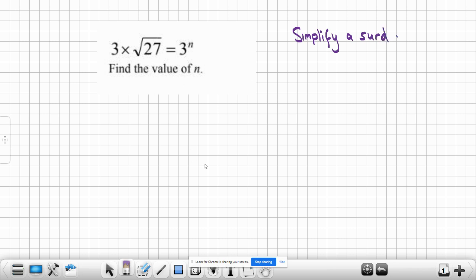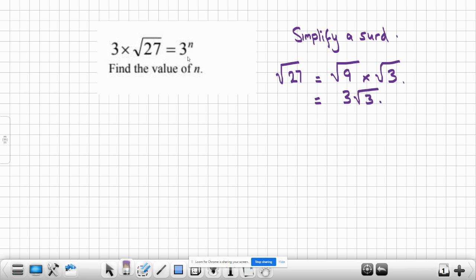27 is not a square number. So what we need to do is think, does it have a factor that is a square number? And yes, it does, because we could write root 27 as root 9 times root 3. Root 9 times root 3 would give us root 27. And of course, because 9 is a square number, we can then solve that to just make 3. So we end up with root 27 being equal to 3 root 3 as a simplified